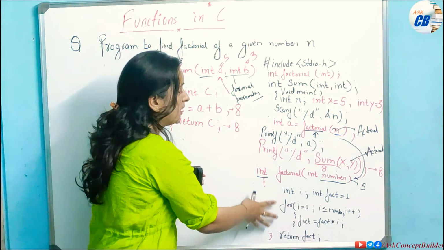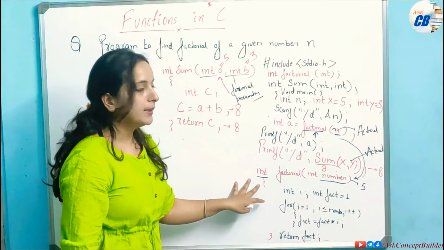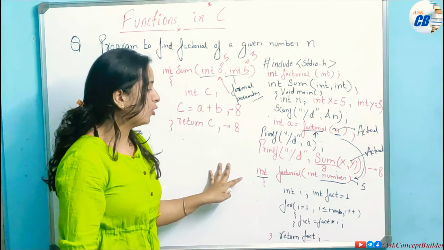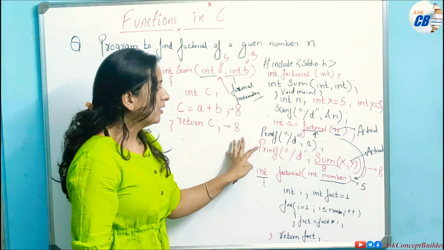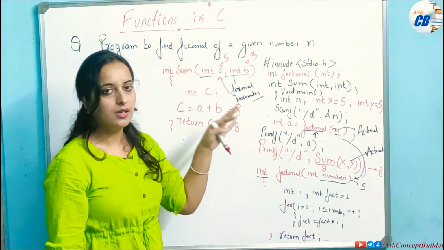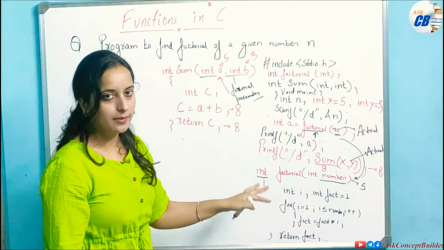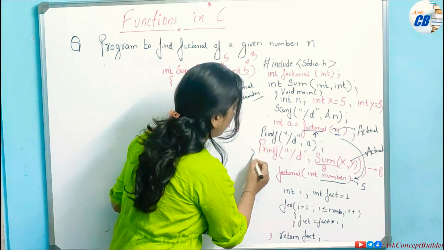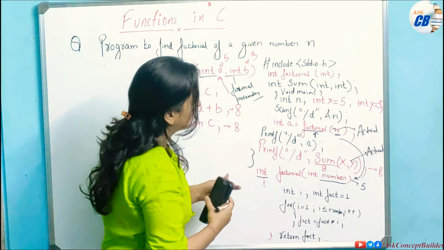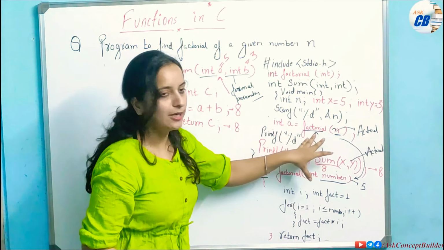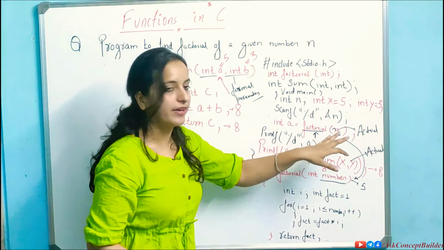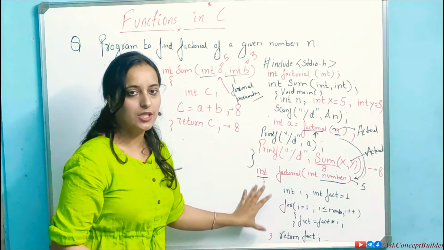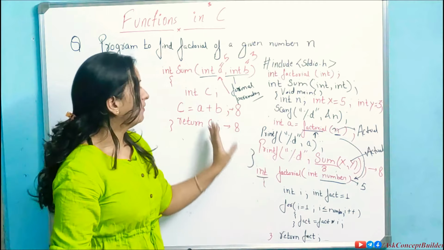Second is that you can write a separate function for any operation you want to include. And if I want to find the output or product of that particular function, I simply have to call it. This was my main function, so I have to call it inside my main function. Like this, I have called factorial and sum, and it will directly go to that function, execute it and return the value whatever we are returning.